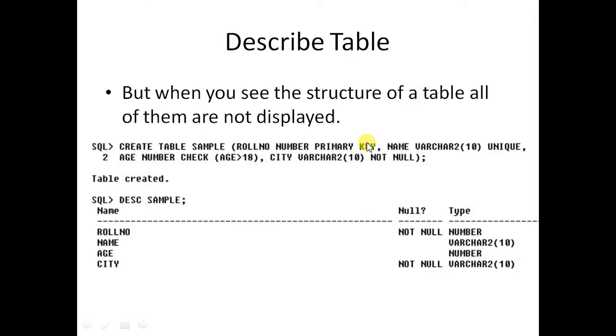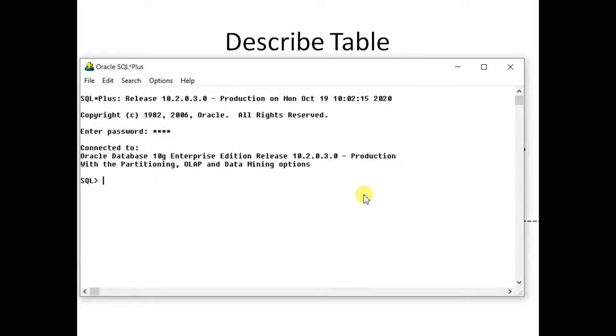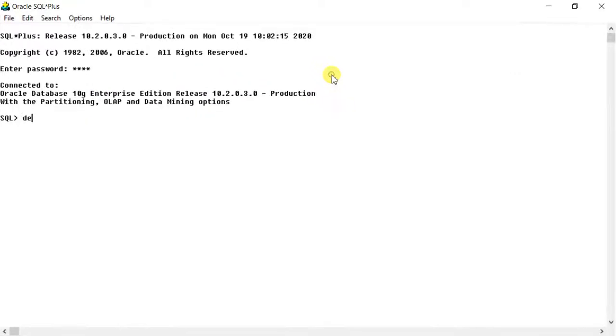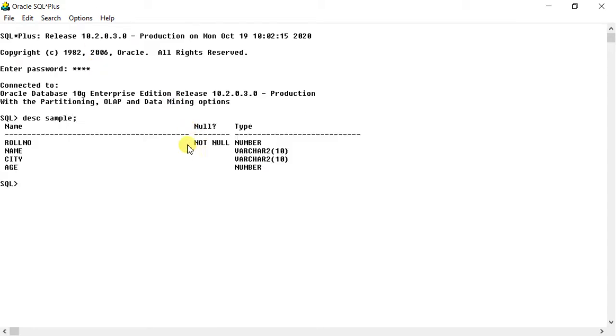So today we will first discuss where these things are stored, and then in subsequent tutorials and videos, we will see how these things can be viewed, manipulated, changed, deleted. Okay. So with this note, we start. I hope you recall what I am talking about. For example, let us see describe sample. If we have a table, we can see that it has roll number as not null, but we don't know what constraint name has, what constraint age has, what constraint city has. So you need to know that.